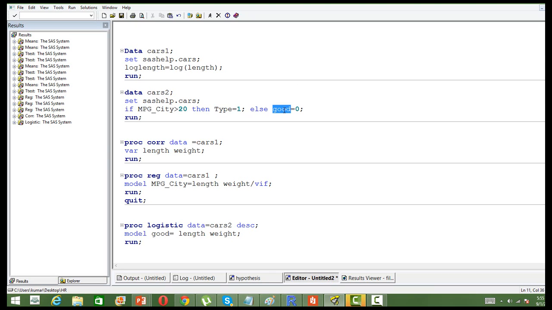So instead of good, I just make it a type. Type is already fixed. So let's say car type. But this is a bit disappointing, because in programming you know the difference between a variable and a constant, right? First thing you learn. So this is just a variable. When you have good here, whether it is good or bad, this variable good will have a value. For bad cars, it will take a value of 0. Now I'll run the dataset and show you, so it is clear.